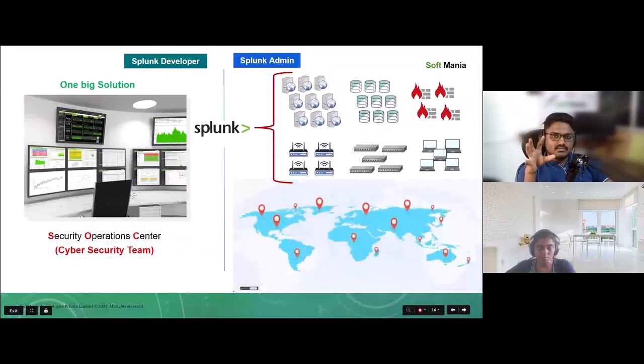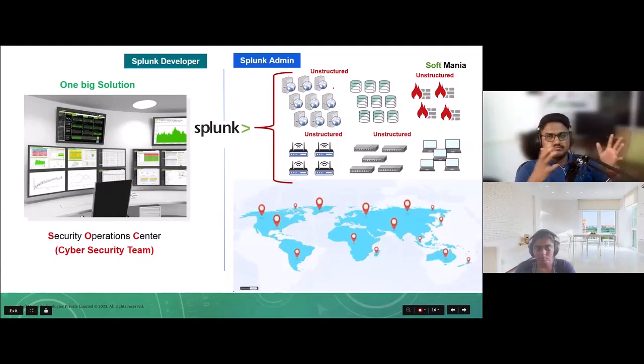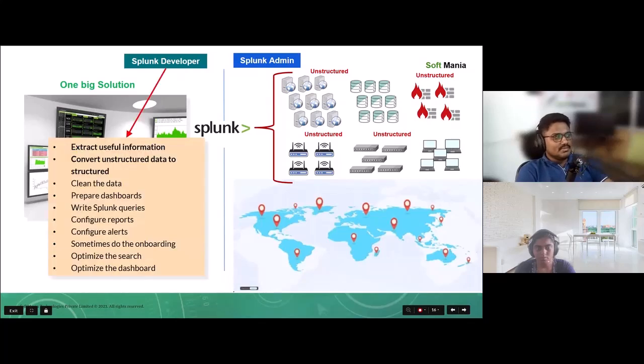Again, the same scenario, right? We have an environment where the Splunk admin is getting the data and putting everything into a single place, a Splunk centralized place. There can be different tools which give you data. Some may give structured data, some may give unstructured data. Our admin will take all of them and put it in Splunk, right? Now, as a developer, we,